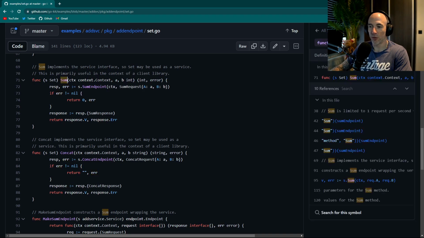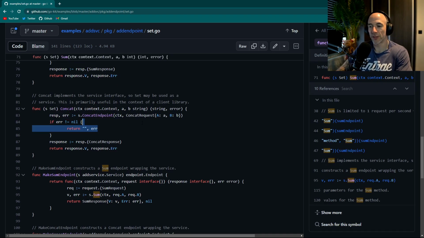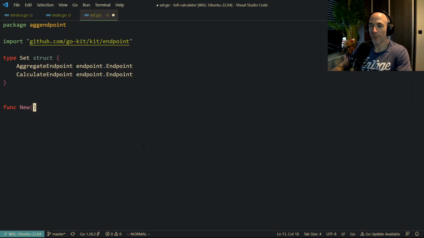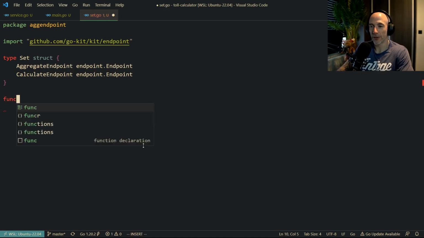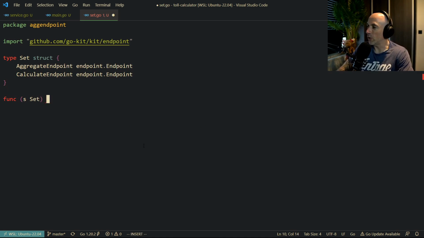They implement these two interfaces. That's what we're going to do first. Right? The new is for later on. The first thing we're going to do is func as set. We're going to call this